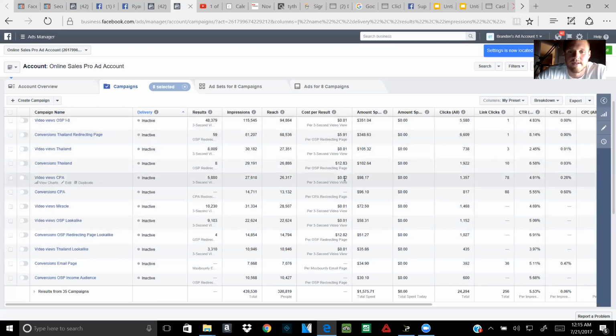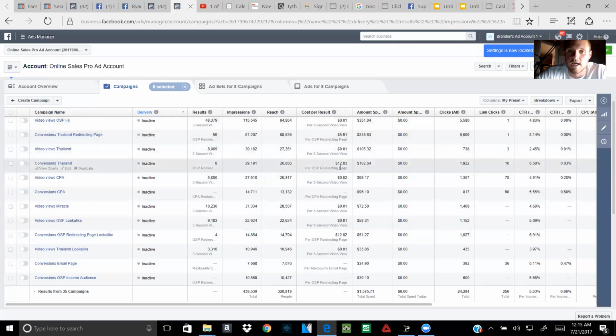It was cheaper. So this is where you guys see the results, especially when you're doing your conversion ads. This is where you're going to be able to narrow down your split test, and you're going to be like, okay, well, if I click into this one, what's the relevancy score? All right, so I see I'm paying 591 per conversion per result. All right, so I would go down